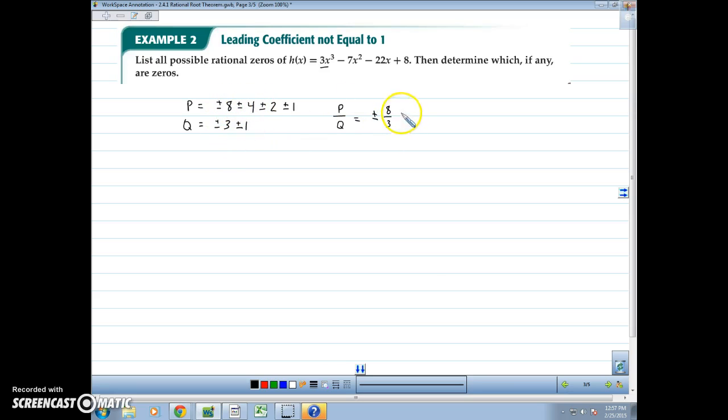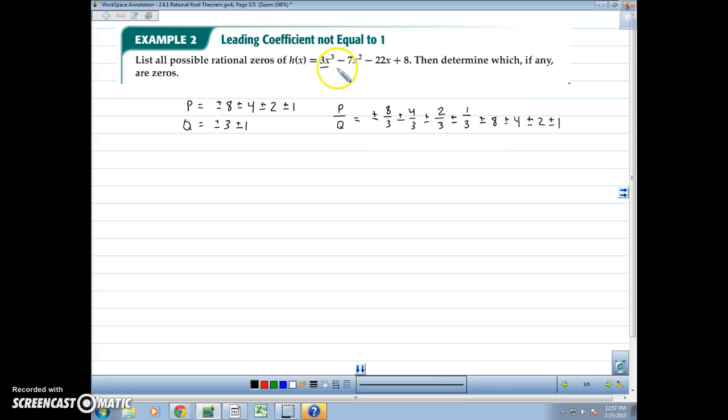4 divided by 3, plus or minus 4/3. 2 divided by 3, plus or minus 2/3. These are all rational numbers, they're fractions. And 1 divided by 3, 1/3. And then I'll do all of them divided by 1 as well. So 8 divided by 1 is plus or minus 8, plus or minus 4, plus or minus 2, plus or minus 1. Okay, and so we would have to go through now and check each of these numbers,